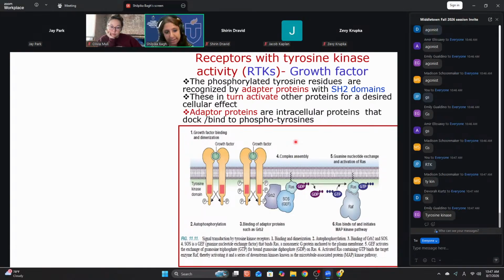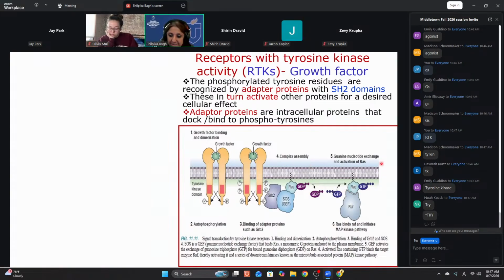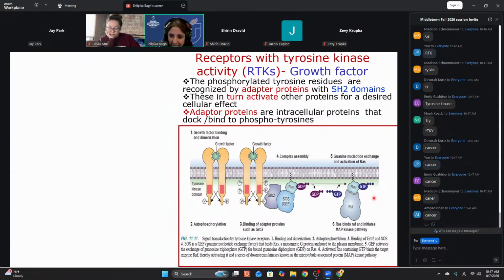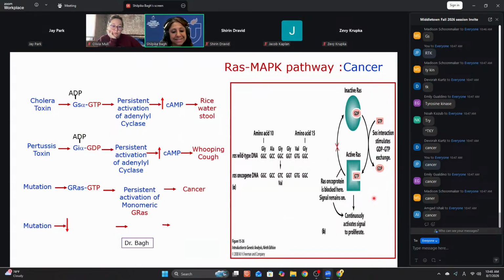Which receptor? Tyrosine kinase. Also, it's associated with the RAS, RAF, MAP kinase pathway. Please bring it all together so that you know it's a total RAS, RAF, MAP kinase pathway. Please know RAS is bound to GTP for normal growth. But if RAS is persistently bound to GTP because of mutation, what will it lead to? Cancer. So when RAS is persistently bound to GTP, there would be cancer.